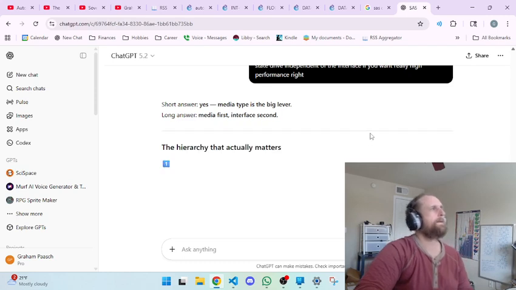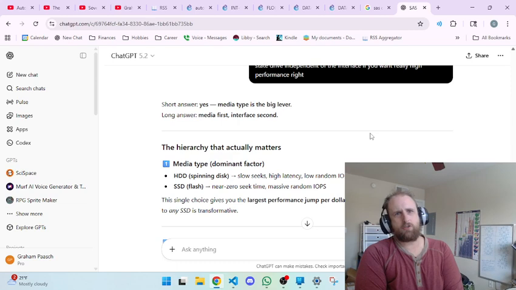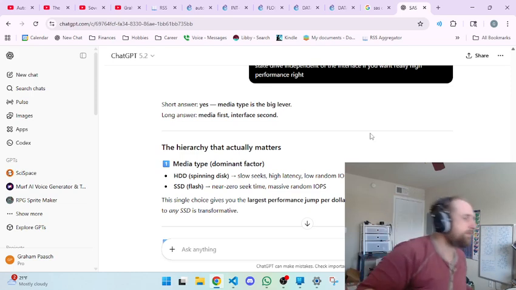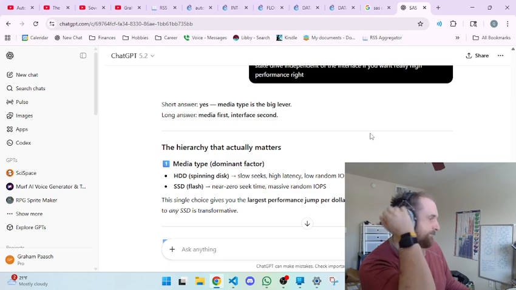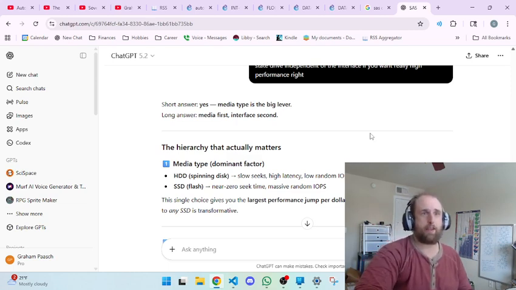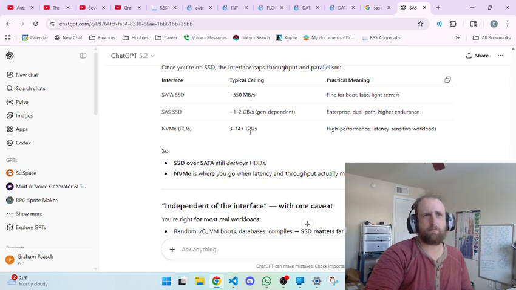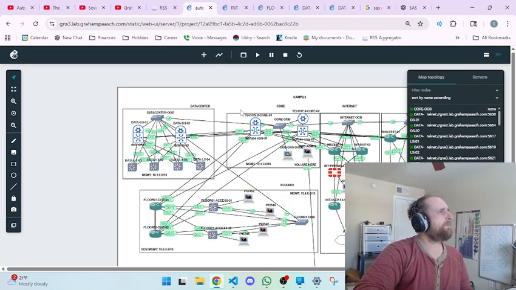Yeah, exactly. So I was running a SAS interface to a mechanical drive. In fact, no, it's still in there. Okay, it's still in there. So that was slowing me way down. That was basically the main issue. Anytime it had to pull something from the disk rather than from the RAM, or anytime it had to load something up to the RAM, and that's why you'll see in some of my earlier videos, if I go back